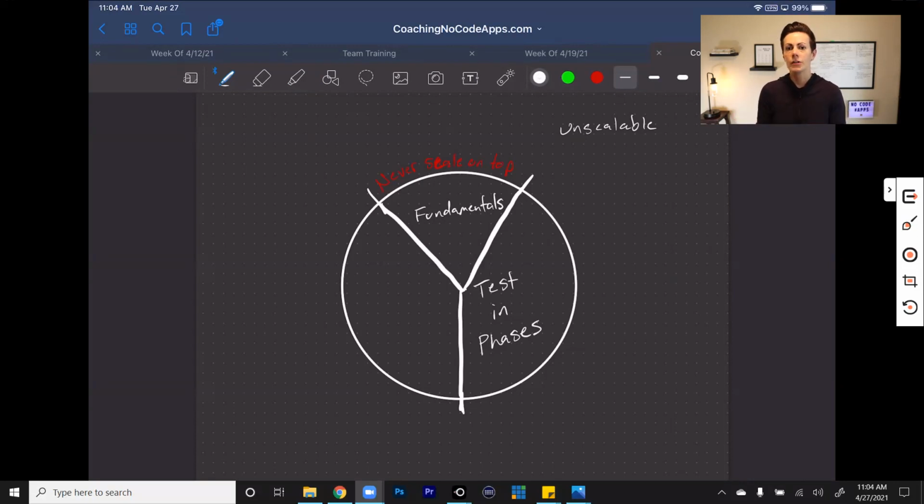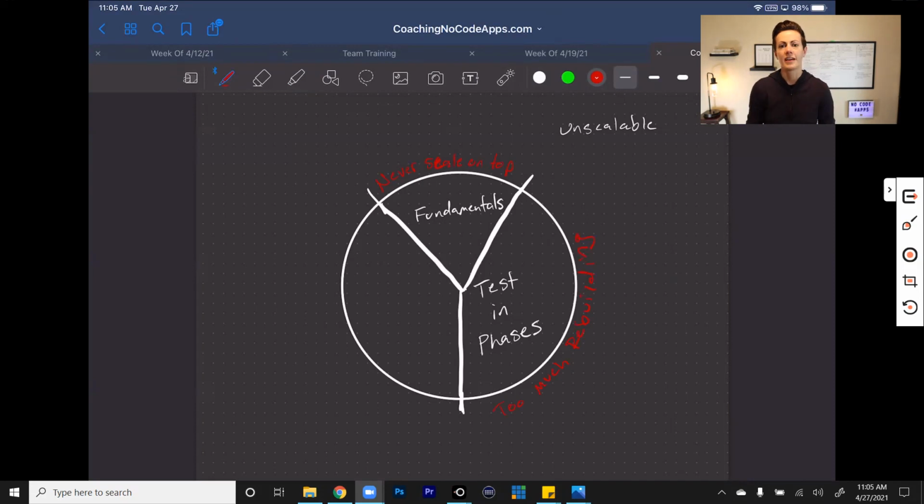It might not feel like a big leap and bound forward, but it is a process that's made up of consistent smaller steps. And usually it's easier to take more consistently small steps than it is to take one massive step. Okay, so it can feel like it's unscalable, but if you don't do this, what ends up happening, and we see this so many times, is there is too much rebuilding. There is way too much rebuilding.